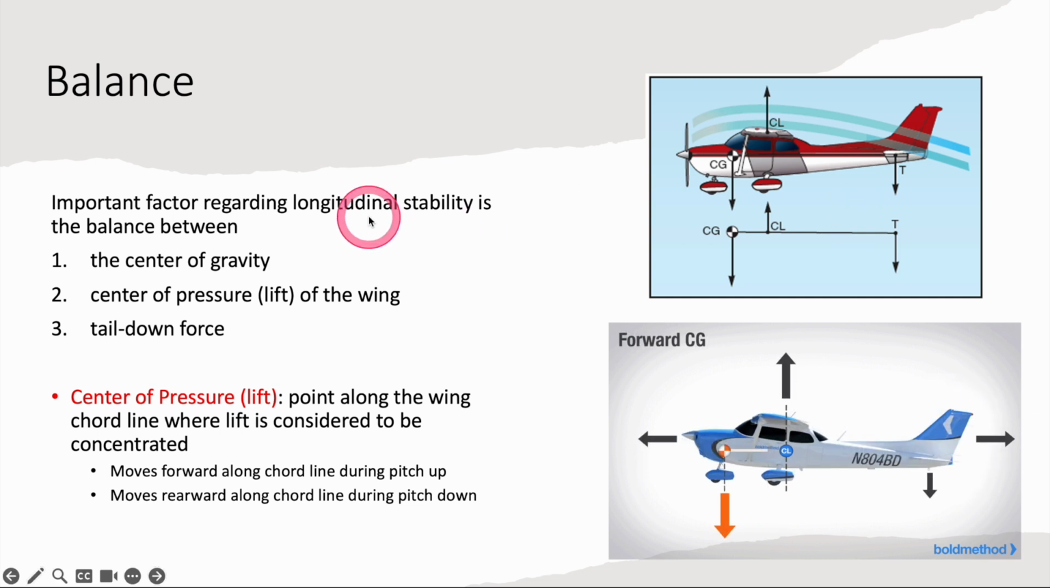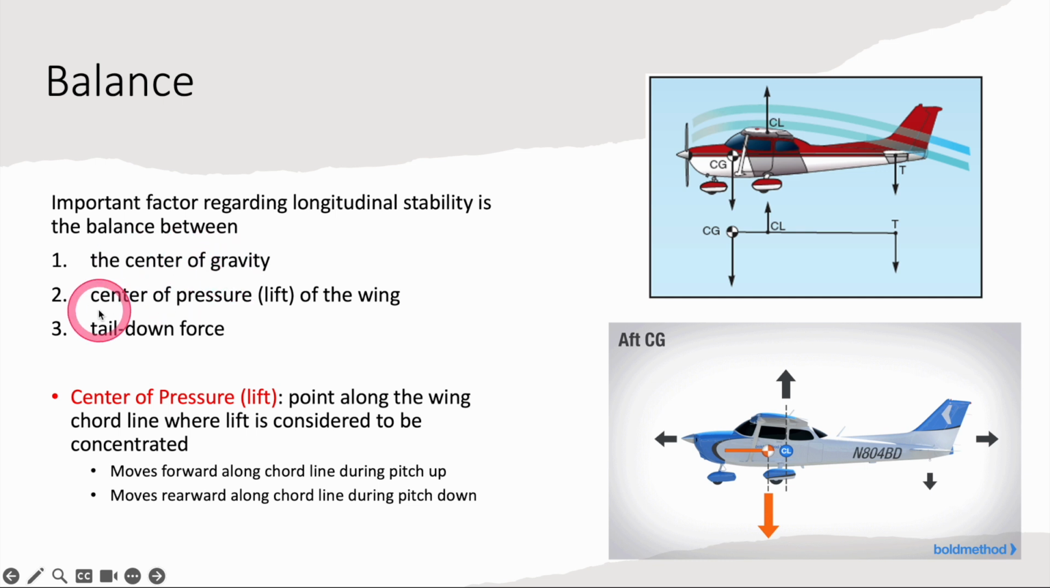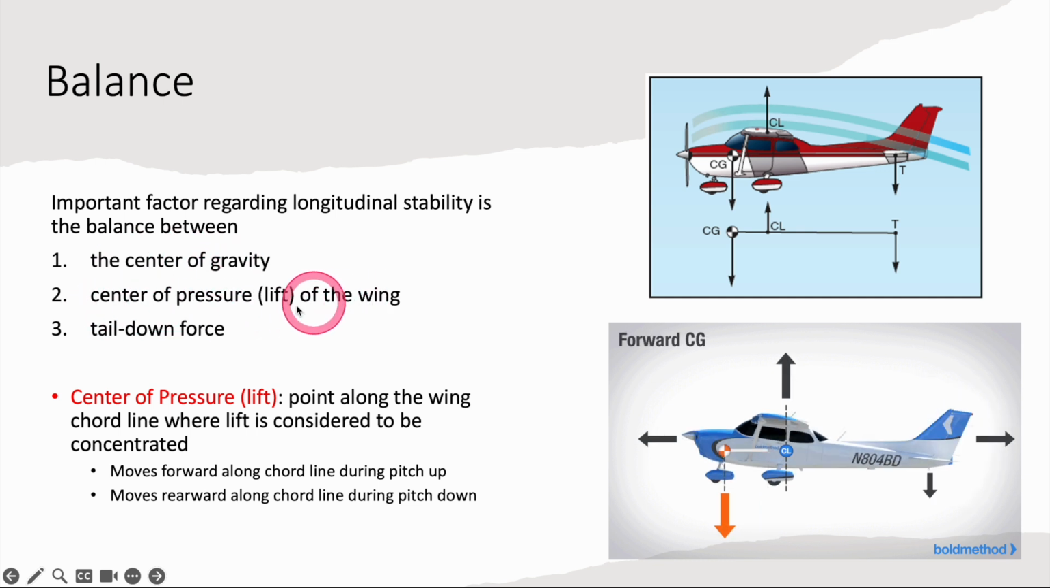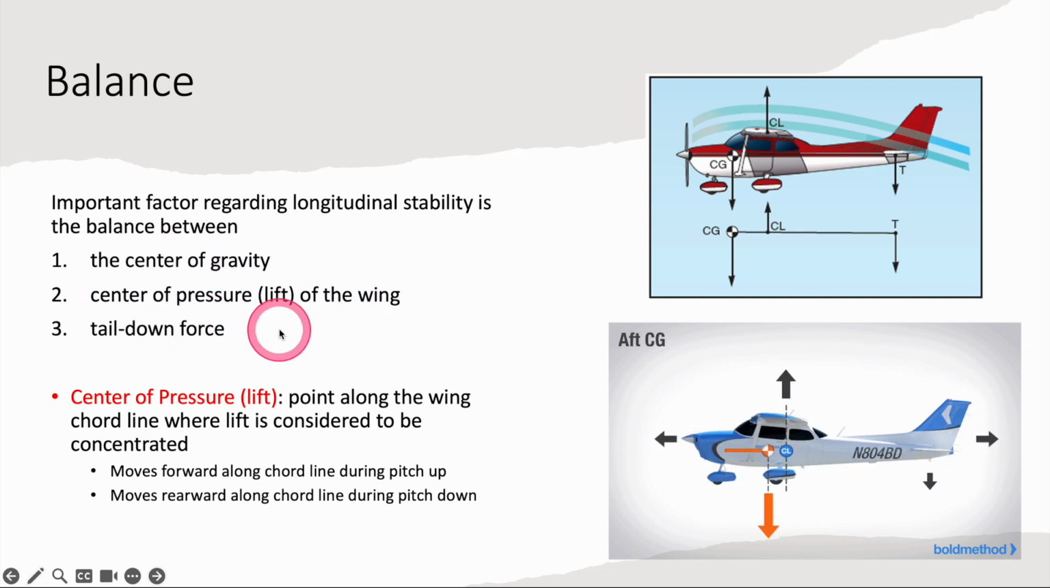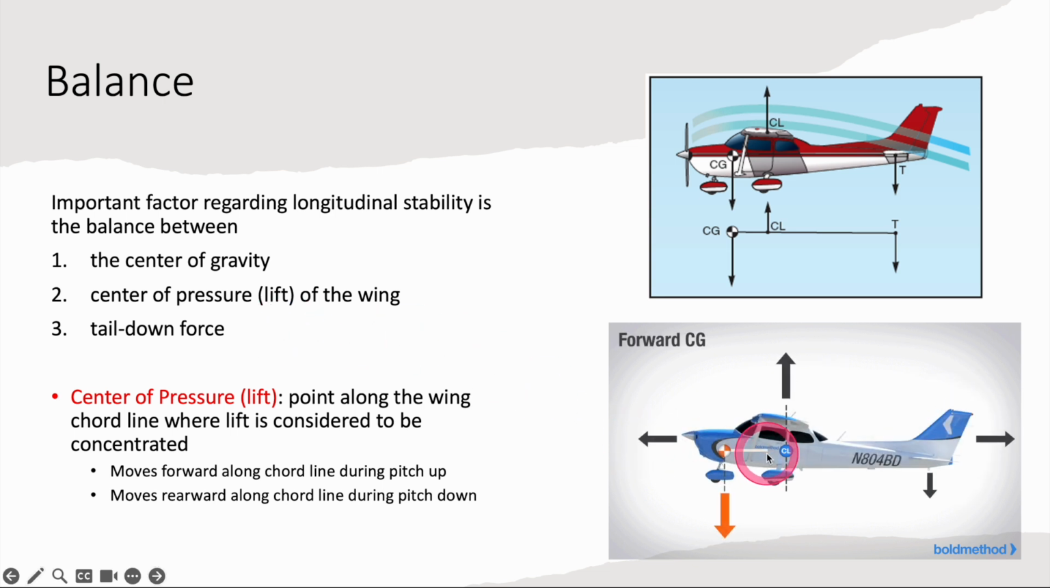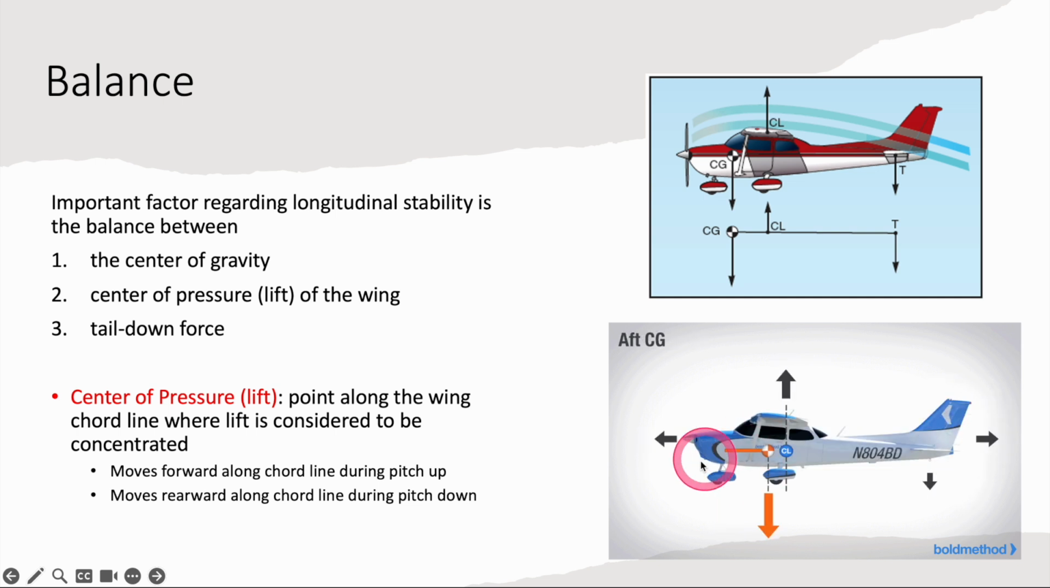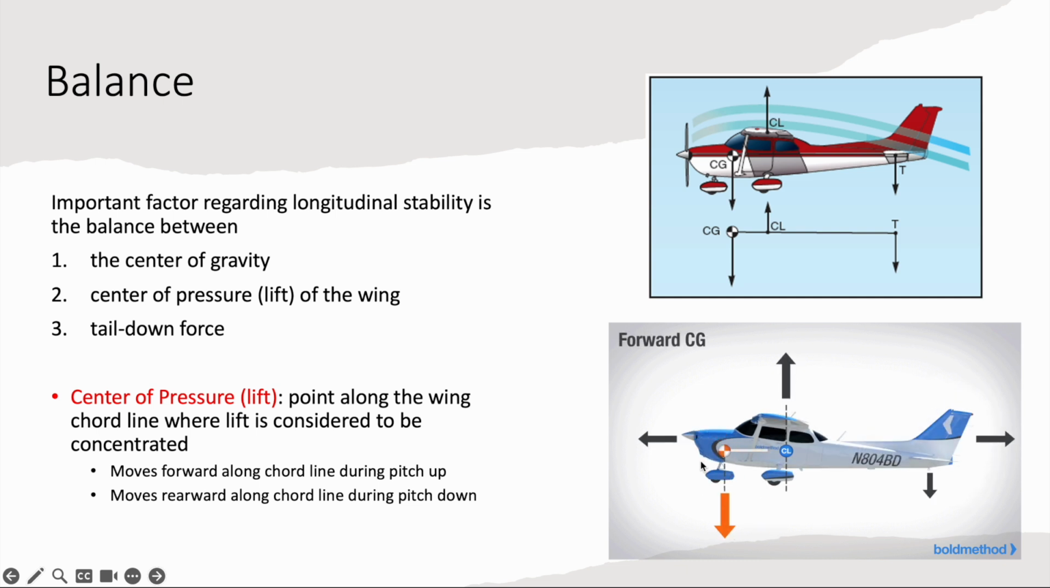So going back to longitudinal stability, based off center of gravity, center of pressure of the wing, and your tail down force. If this is demonstrating your shifting center of gravity, that's going to have different effects on flight characteristics. So if you have a very forward center of gravity,